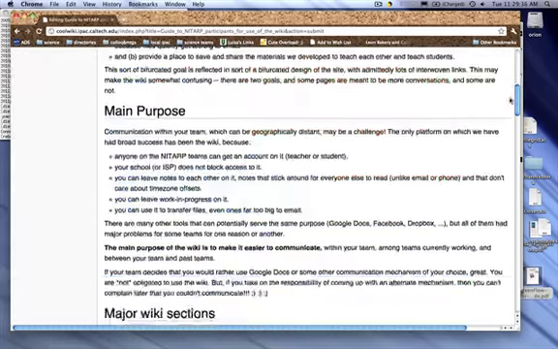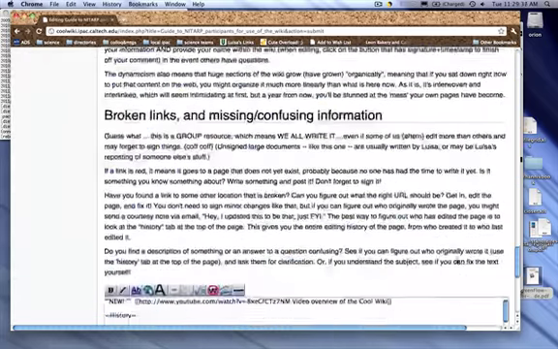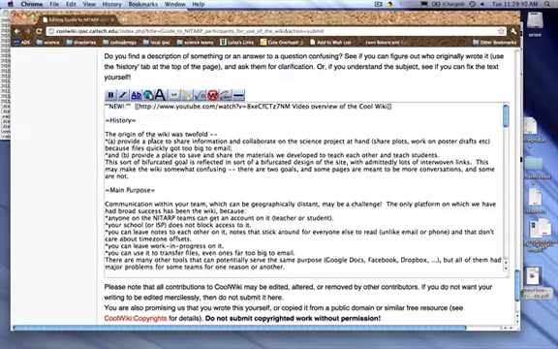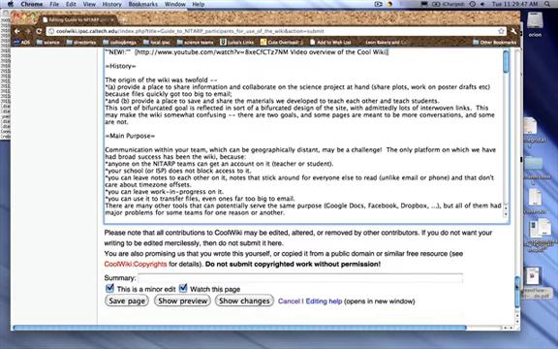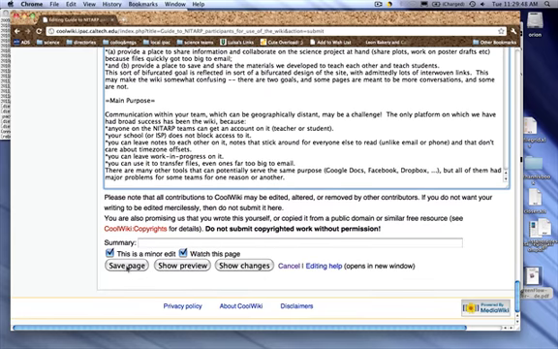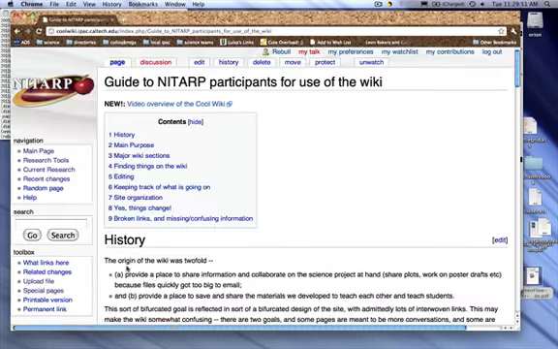So if I scroll down a little bit more, it's dropped me into an editor down at the bottom of the page. So I know that I have too many square brackets. Take out one from both. Scroll down and now I can save page. I could have shown preview again, but I'm pretty sure this is right. So now it says new video overview of the Cool Wiki, and that little icon means the link outside of the wiki. So really, it's not too hard, and you can continue to play around with things, and you can't